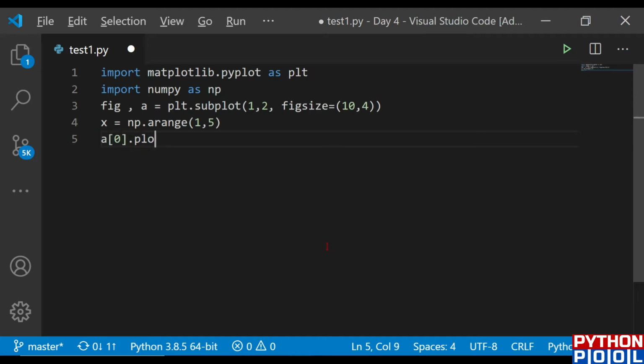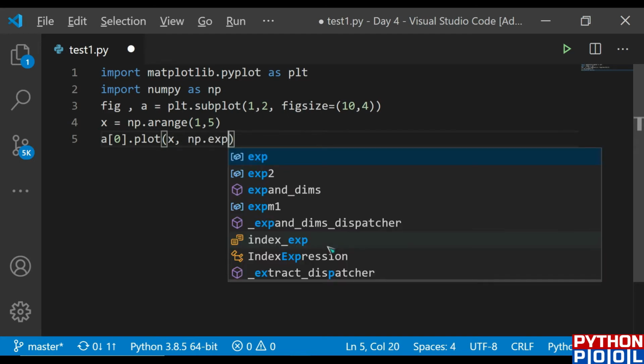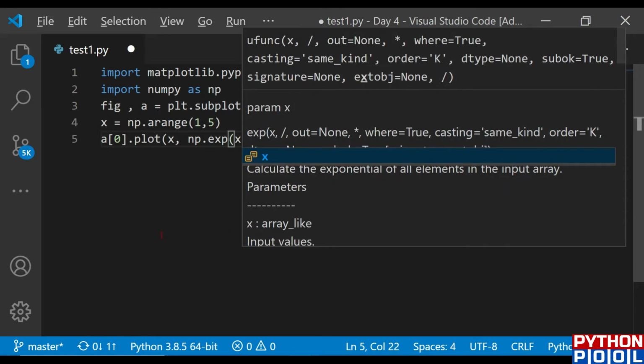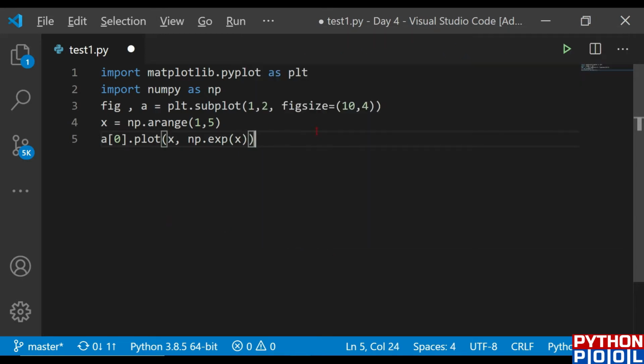Let me plot x, and my y function would be exponential, so let me call the exponential function from numpy, exponential of x. So this would be my first plot, and after plotting this in the same graph I'm using multiple plots, so I'm going to plot one more function in the same graph. So I have two graphs with multiple plots and two functions plotted in the same graph.